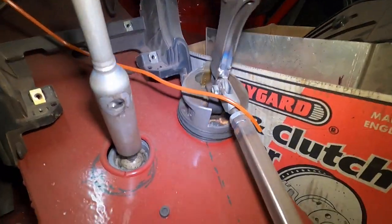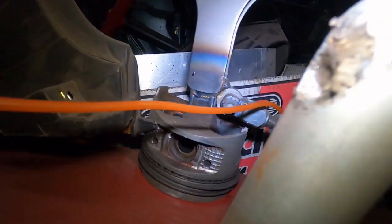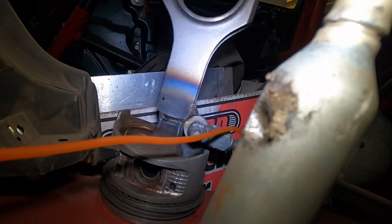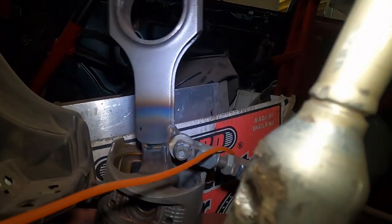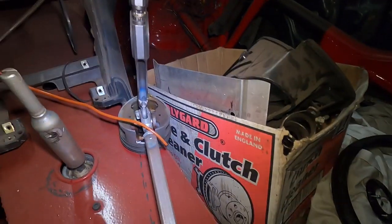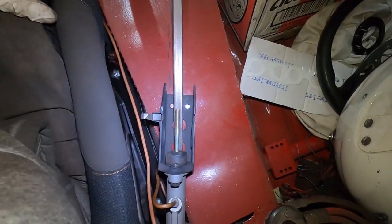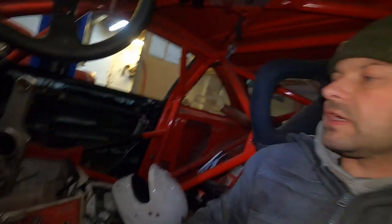I don't know if it's a pin on there. Maybe I should just grease the pin. I don't know, the pin moves inside the piston instead of moving inside the con rod, but I'm just gonna put some WD-40 on it. I mean, it's been stood there for years. So tomorrow we're gonna have the rear brakes, front brakes, because front brakes are already there, and the handbrake as